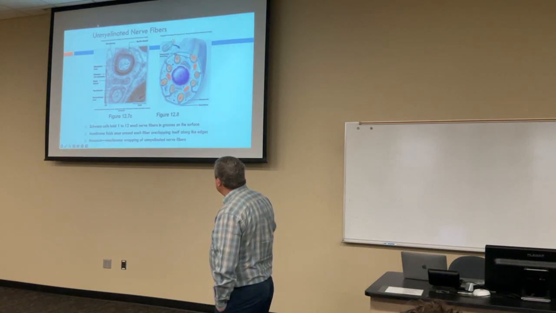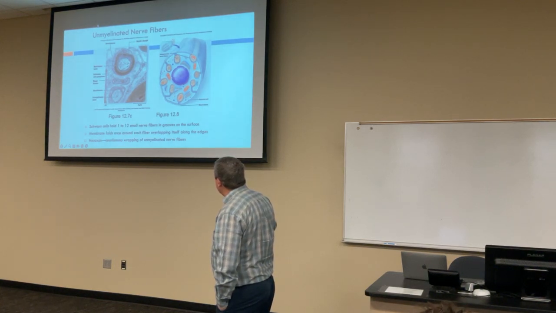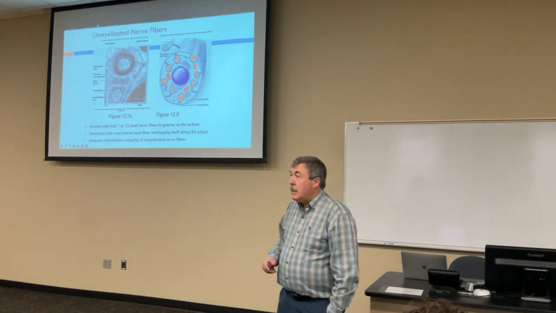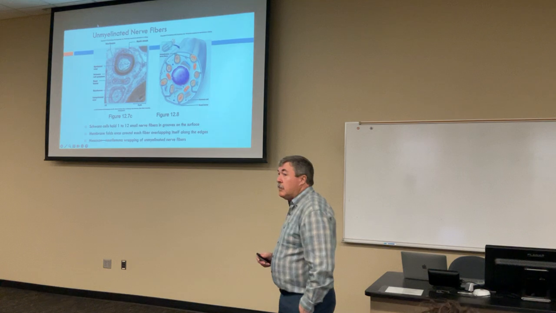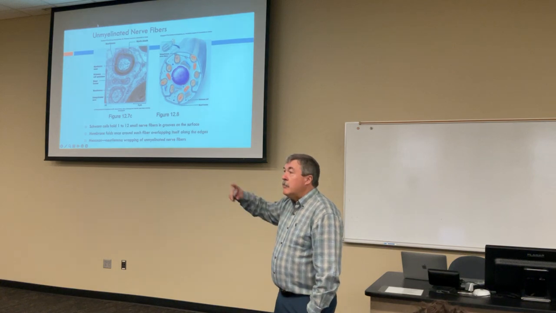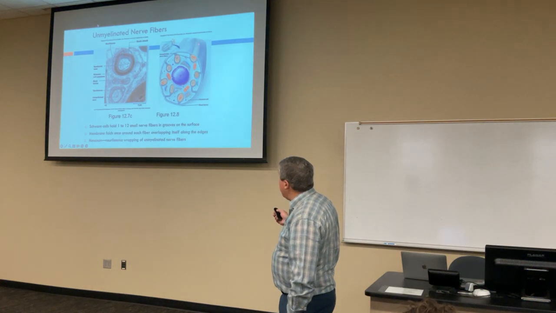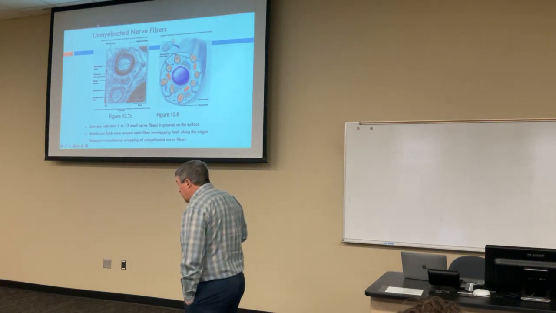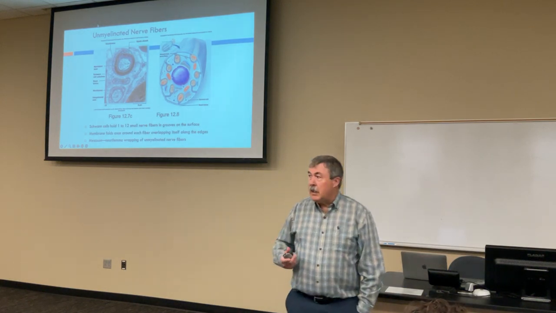And so right here, and right here, and right here, those are all axons of unmyelinated neurons. And they fit into small grooves in the surface of the Schwann cell. But like I said, the Schwann cell doesn't wrap around and around very tightly around the axon. And so even though they sit in these grooves on the surface of a Schwann cell,